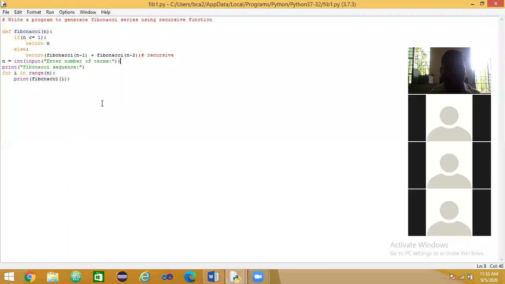See how it works. Again I will explain. Concentrate here. First line is def Fibonacci of n, and in this function the first one is the basic condition checking if statement, that is if n is less than or equal to 1.